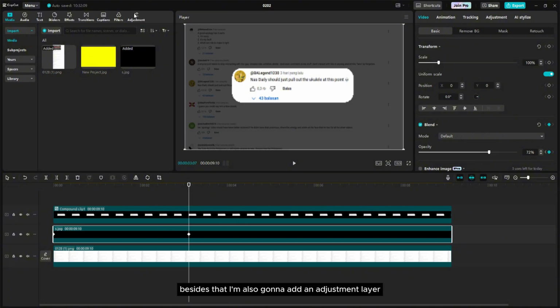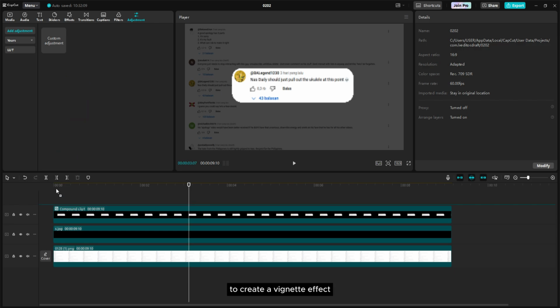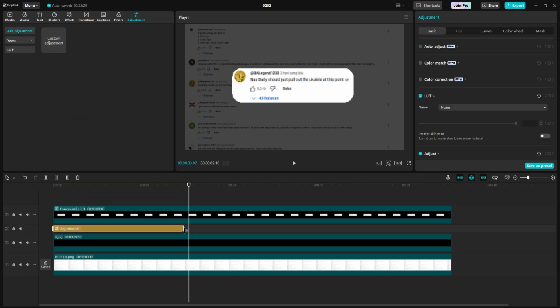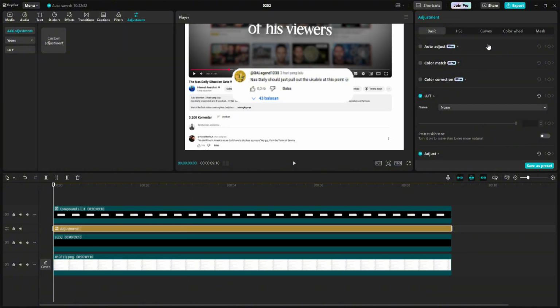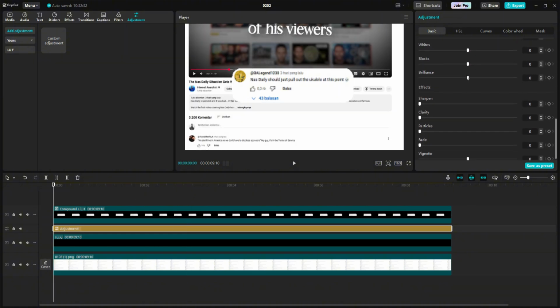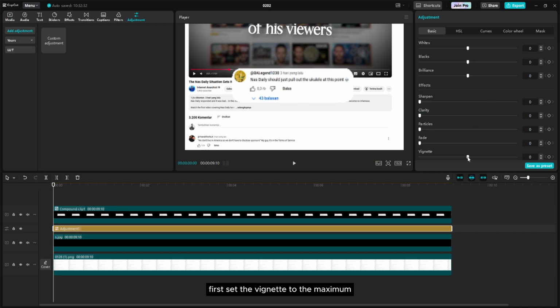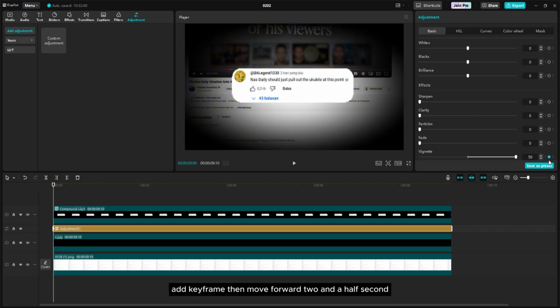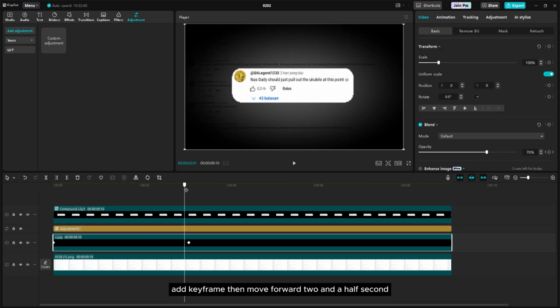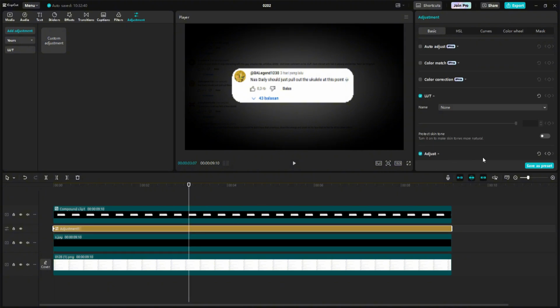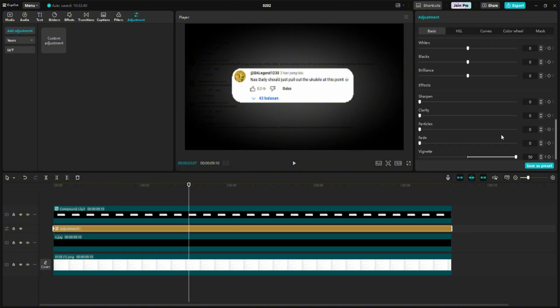Besides that, I'm also gonna add an adjustment layer to create a vignette effect. First, set the vignette to the maximum, add keyframe, then move forward 2.5 seconds, and set the vignette to 11.